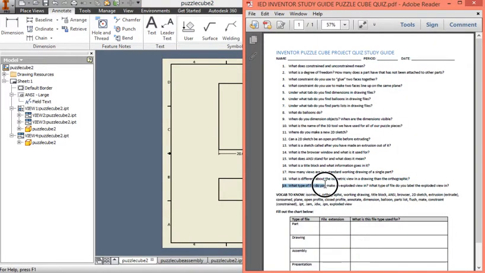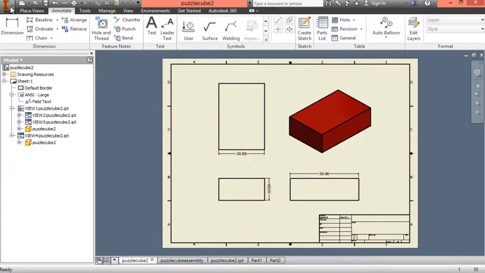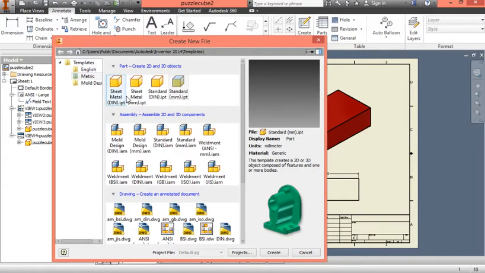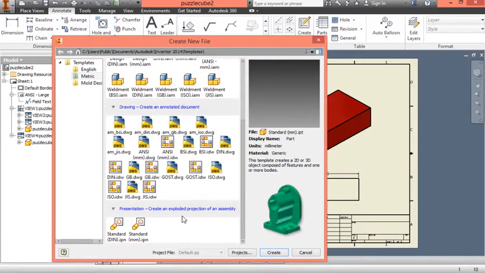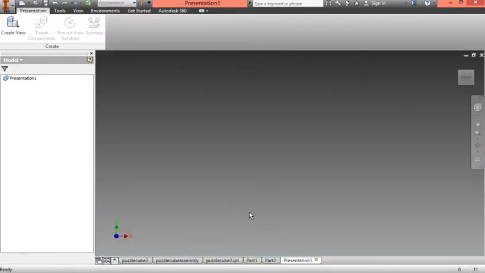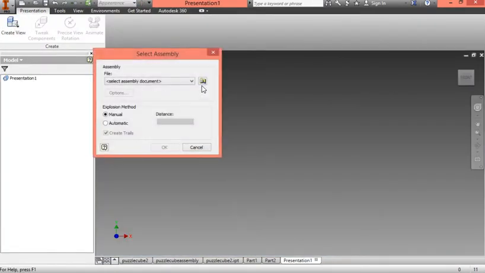Number 19, what type of file do you make an exploded view in, and what type of file do you label the exploded view in? All right, this is an important question. It's got two different parts. What type of file do you make the exploded view in? If we go up to New and choose our presentation file, that's where we're actually going to take our assembly